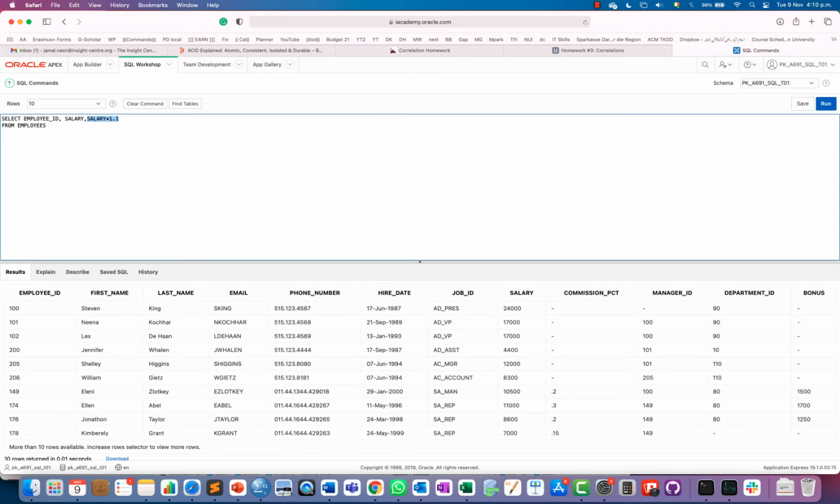Obviously employee ID is an attribute. Just remember that this other thing is a derived attribute. In databases we call it derived. What does it mean? Derived means it does not exist in the actual schema, but we are just computing it at runtime, and it wouldn't be stored in the database. So it's just a runtime derived attribute. All the attributes that we can derive, we usually don't store in the database. It will save our memory.